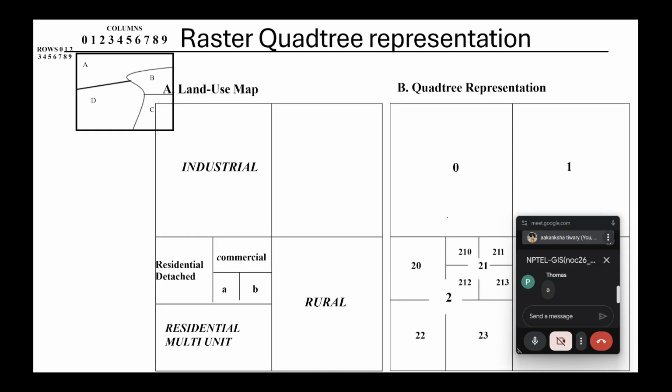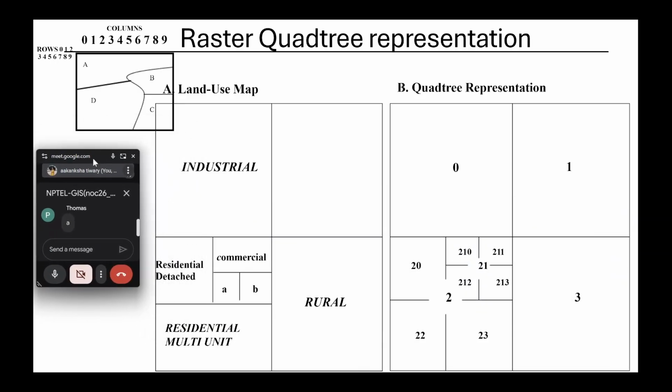In a land use map, you can show it like this. So this is the real world, but since in the raster representation you can only use squares and rectangles, basically the smallest units are squares,